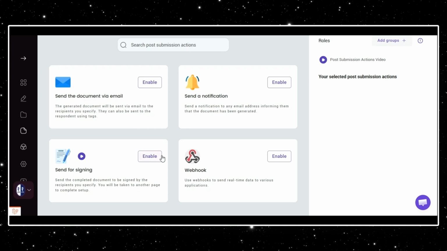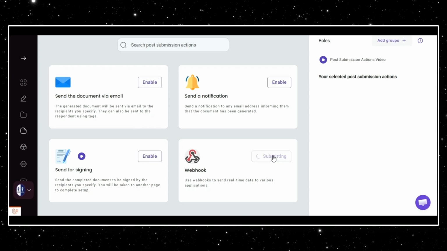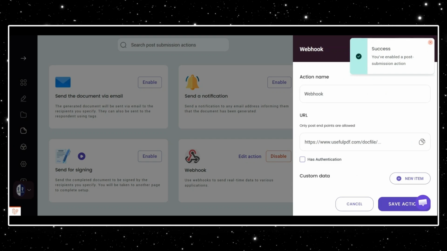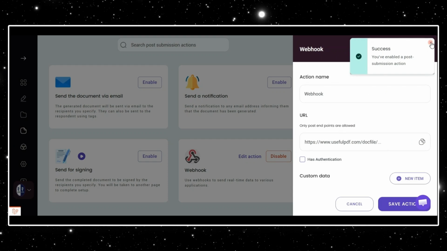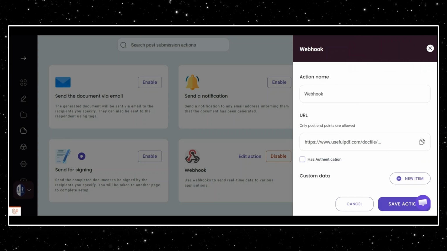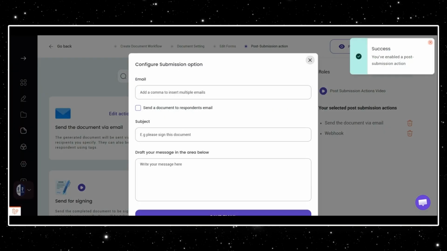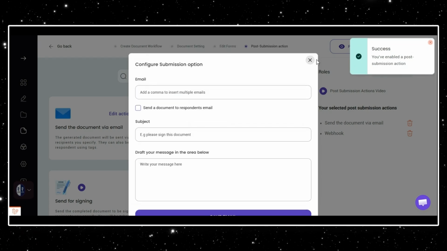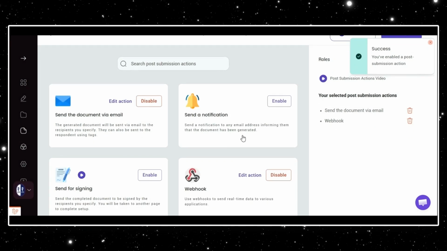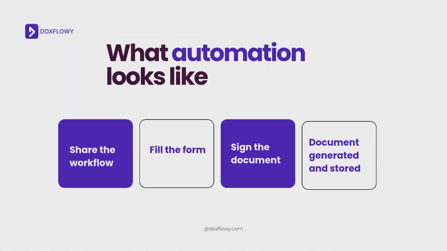The webhook option lets you send the filled form data in real time to other applications. So if you're using an HR platform, a CRM, or any other tool your team already works in, the candidate's information can flow there automatically the moment the form is submitted. Enable email delivery, send for signing, and if it applies to your setup, configure the webhook to push the data to wherever it needs to go. Once those are active, the offer letter goes from form submission to the candidate's inbox to signed and stored without